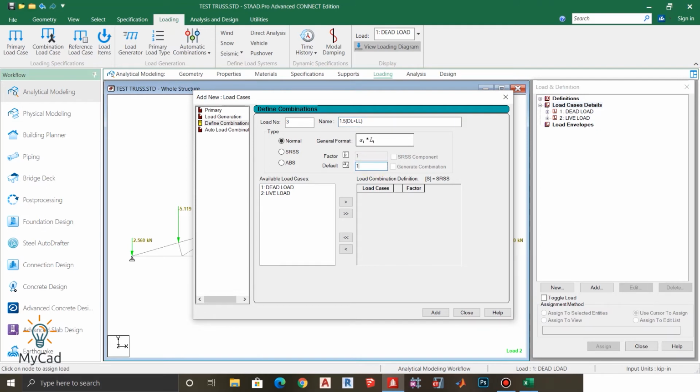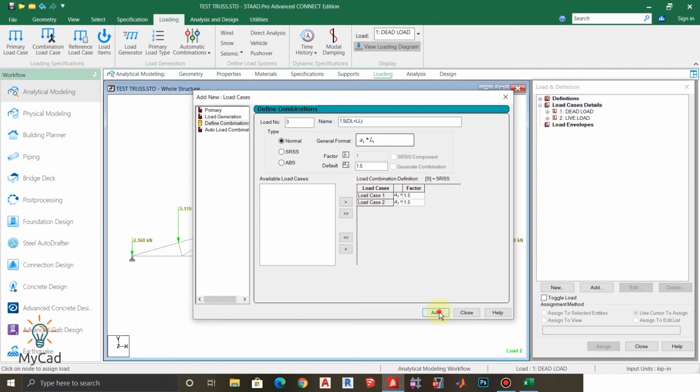So our default factor will be 1.5. I'll just select the dead load and click on this arrow. I'll select this live load and click on this arrow, and you can see our load cases are here with factor 1.5.